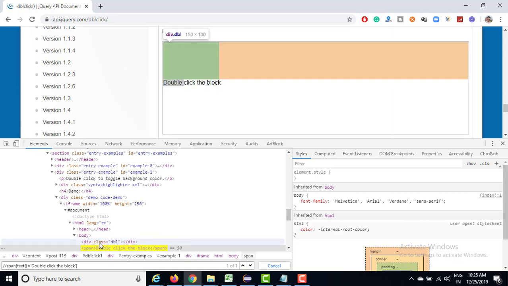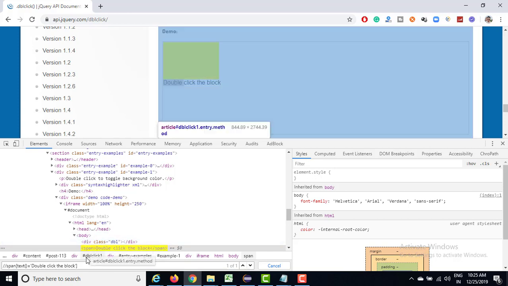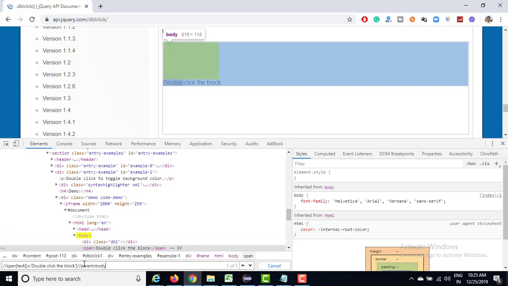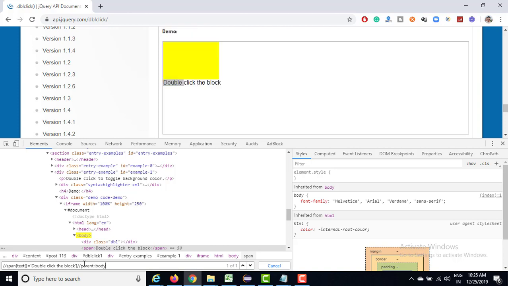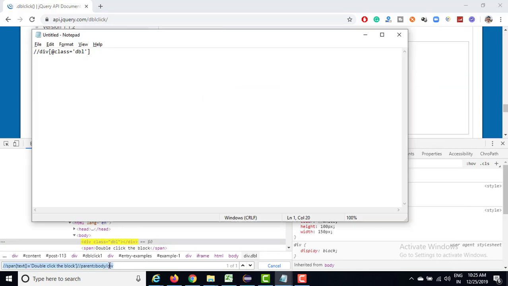Now I need to reach this div, right? There's one way. First of all, I can navigate to the body, then I can navigate to the div. To navigate to the body, I will find a parent tag, and I will say body. So it is reaching the body. Now I can move to the div section, so I can write div. You can use both XPaths in order to reach that particular box.